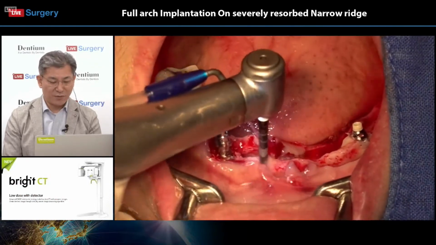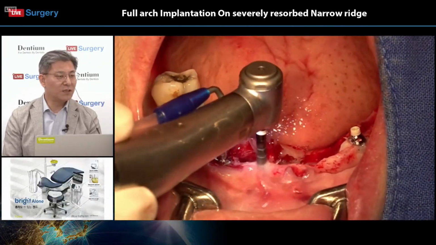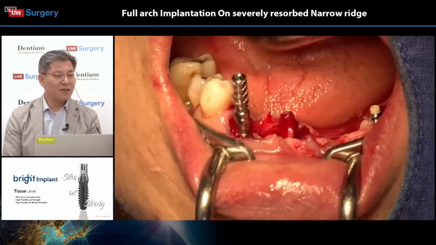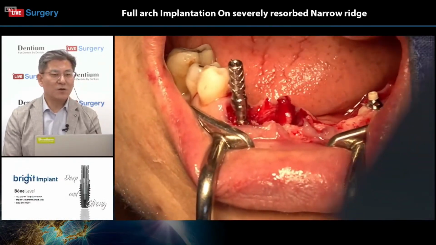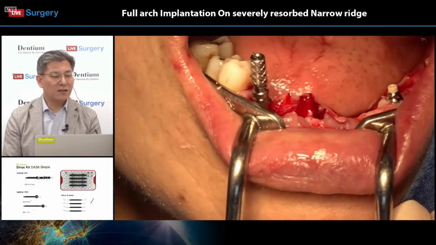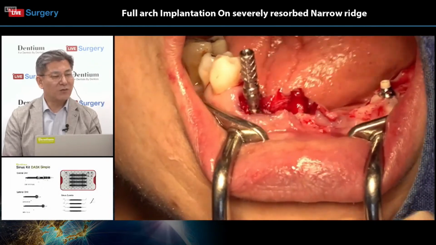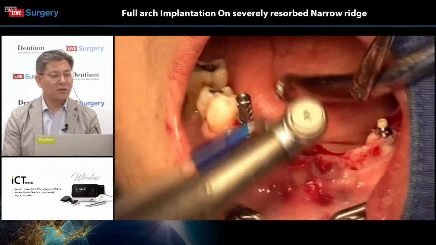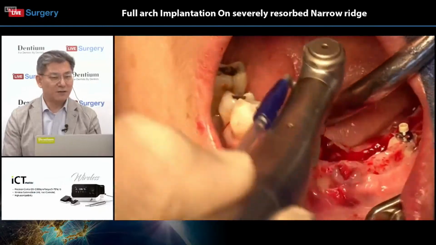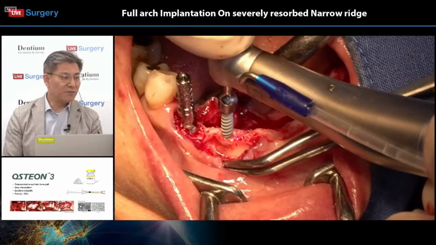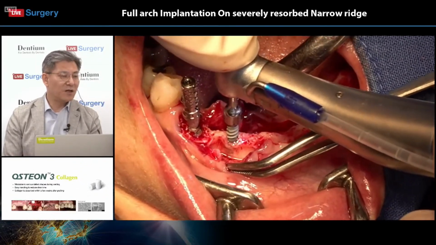This area is maybe number 41. Number 41, 11 millimeter, a very narrow ridge. So he will choose narrower than the previous one, maybe 2.5, 3.0. Oh, 2.5, yeah, 2.5 diameter and 11 millimeter tissue level